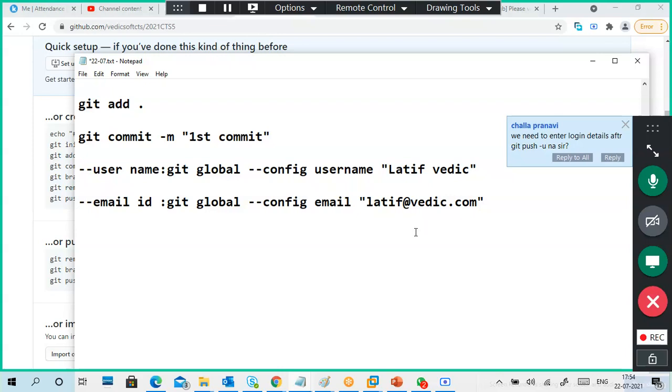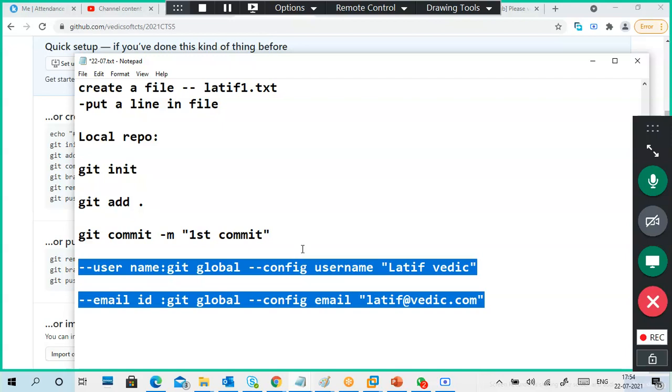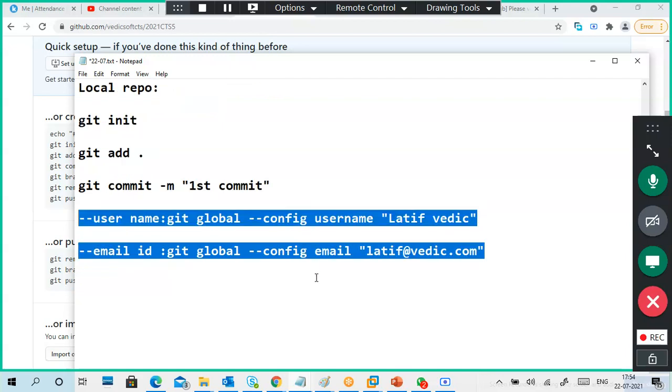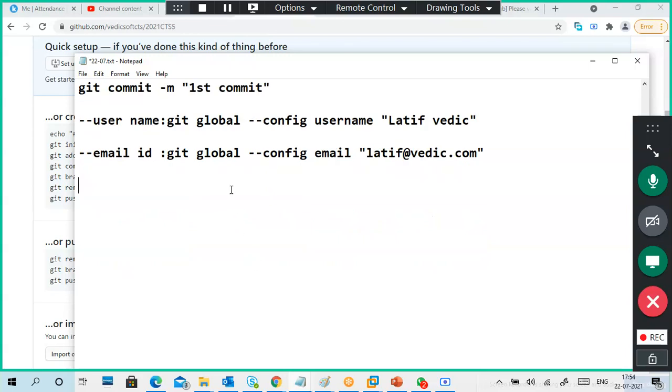For pushing, that's a little bit different, guys. This is about who is committing into your local repository. For the first time you have to tell your system's git, your local repository, your username and email. This information is added to your git, and there is no need to give it again and again for all other git practicals. After this one, because git commit will fail, you have to give git commit again.